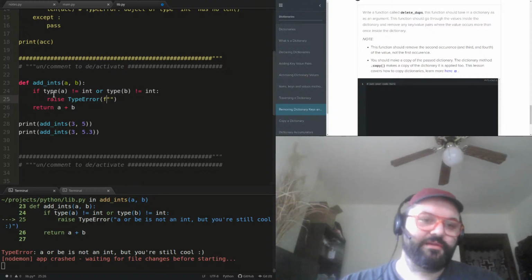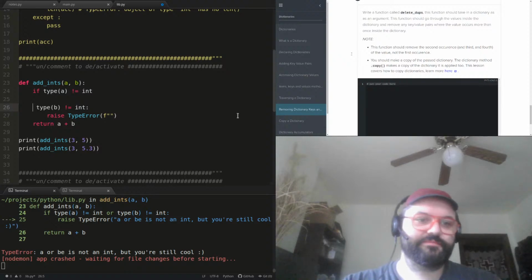Let me see if I can be a little more precise with this. Maybe we need to handle these separately, so I'll know which one was not an int. I think we do need to handle these separately.